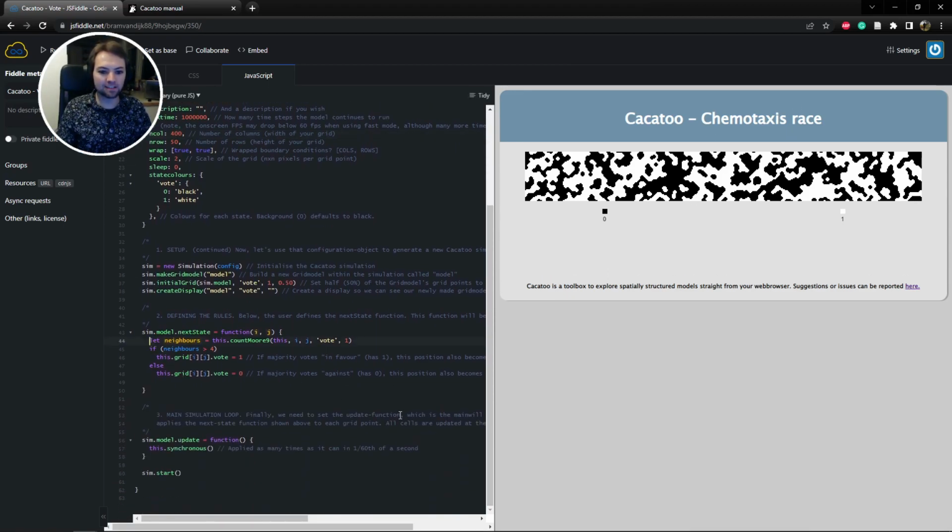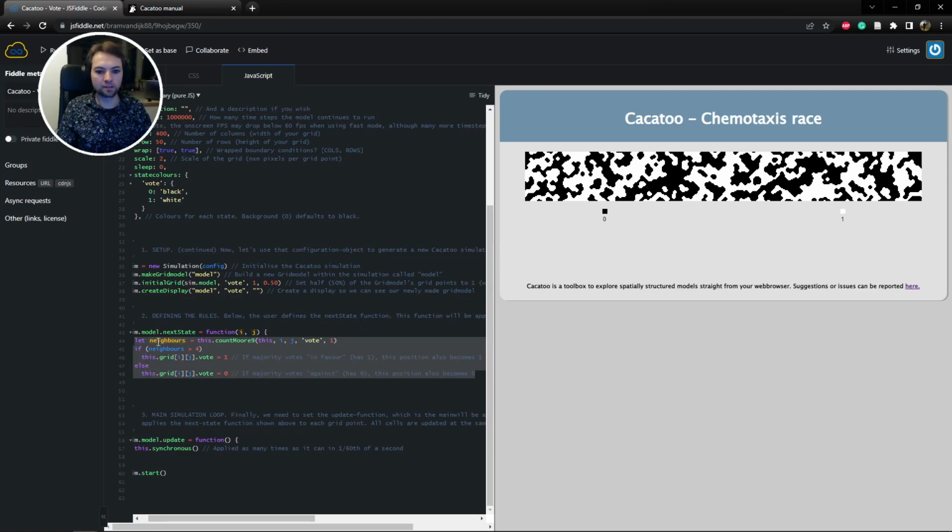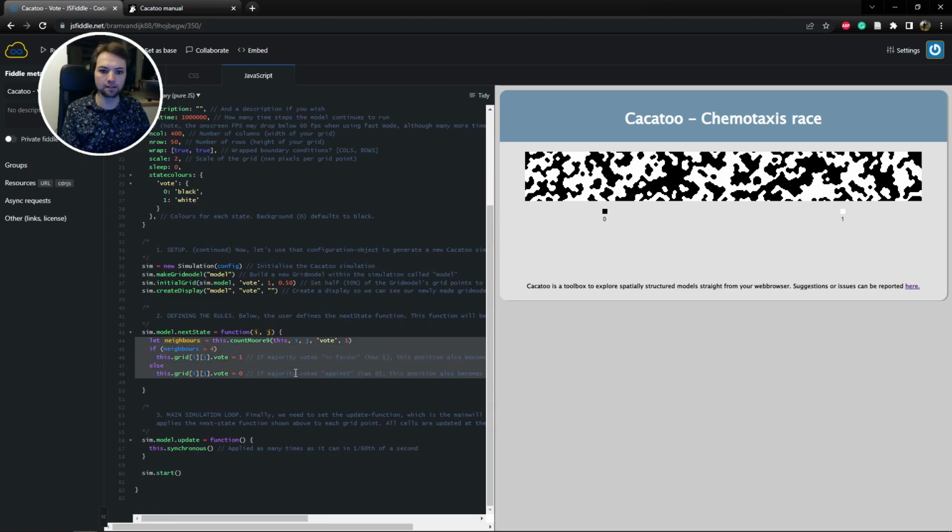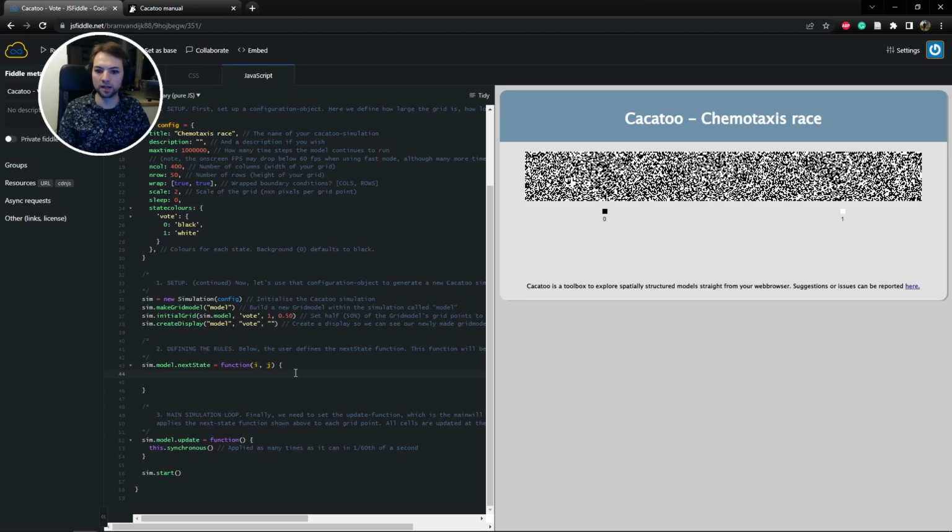So here in the next state we have the voting rule. As I said, all it does is it counts the neighbors that are in state 1 in the 3 by 3 neighborhood. And if that is greater than 4, so that's 5, 6, 7, 8, and 9, then it will become a 1, and otherwise it becomes a 0. That's a symmetrical majority vote rule, which is why you get this nice cow patterns, but actually I'm going to remove it for now. Okay, and so now all we're left with is initial conditions of vote, which are determined